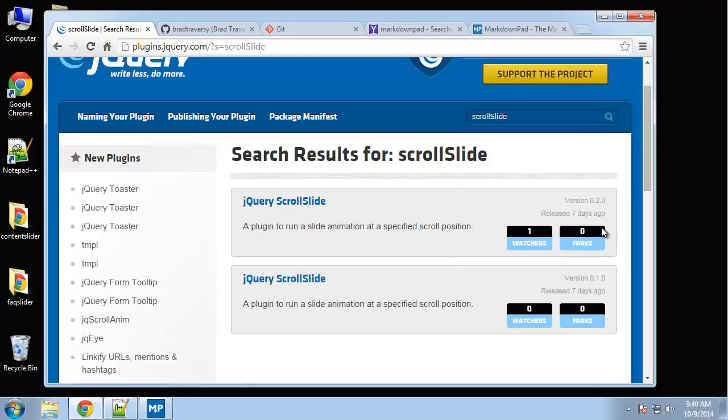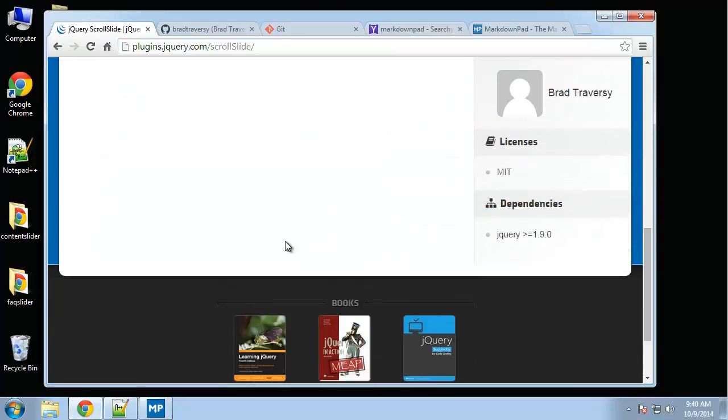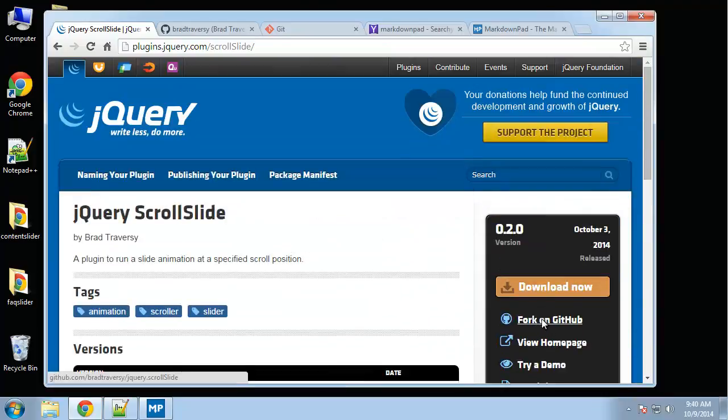And I have two versions here, 0.10 and 0.20. Okay, so I'll click on this version, and basically it's going to give us a download link to download the plugin. It's going to give us the link on GitHub. We can view the home page. You can add all these if you want. You can add a demo, documentation. All right, so if we go to the GitHub page,